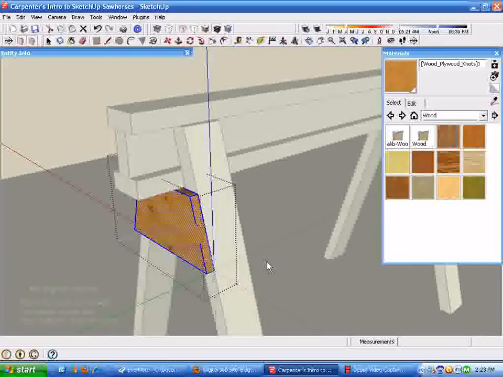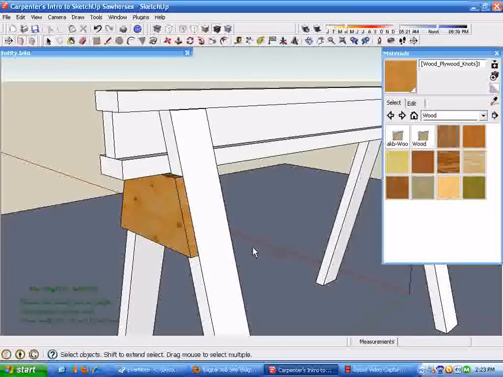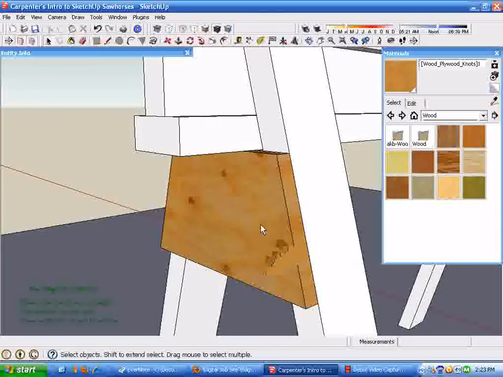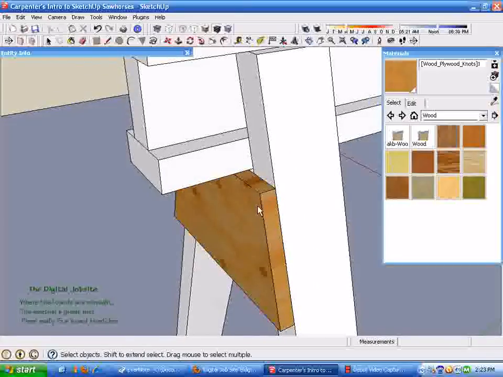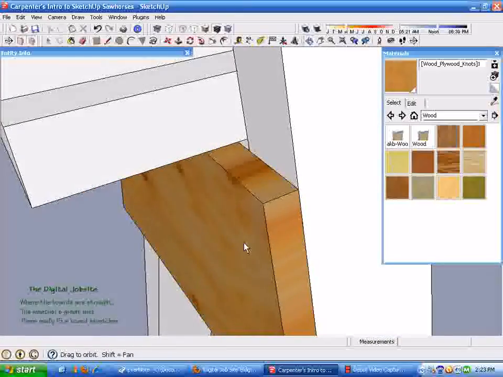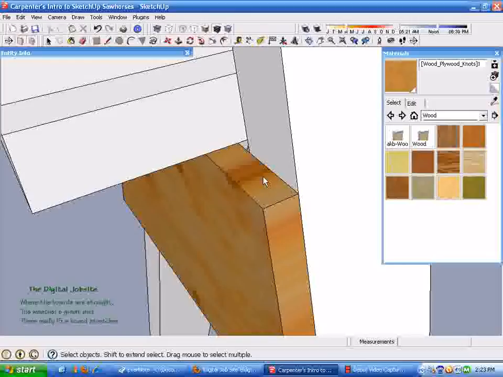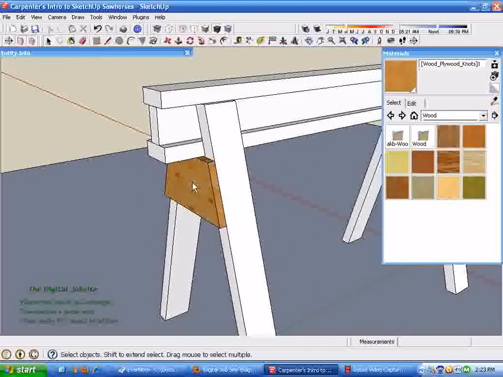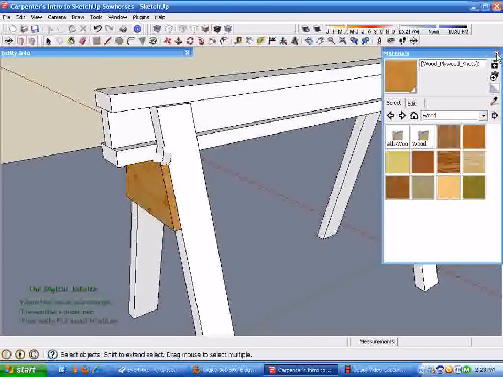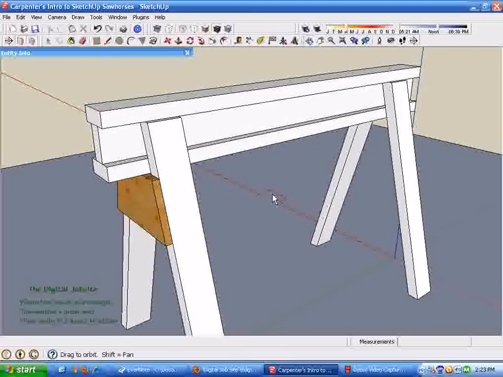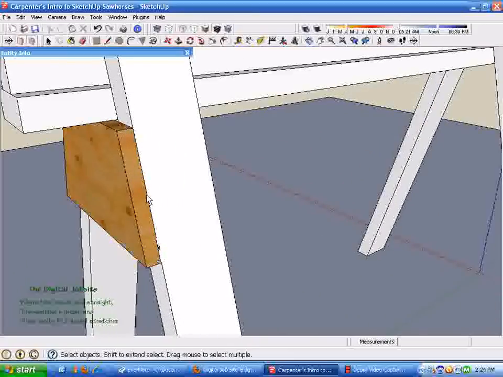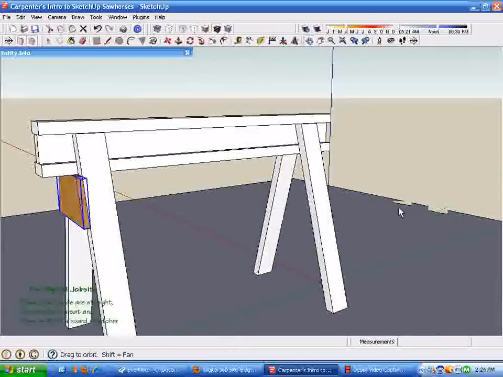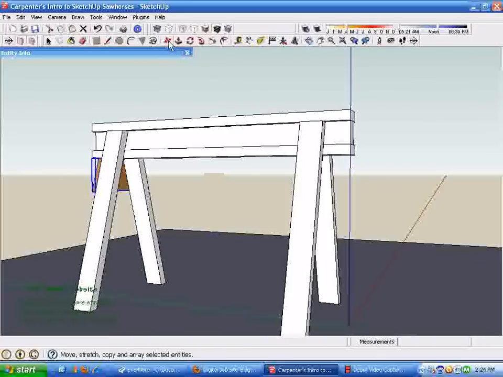It will act as if this is being projected on here through it. So you can see the edges are streaked like it's projecting that texture. This looks more like a real board than plywood, but you can see how it stretches this knot across those surfaces rather than just pasting a new knot on the edge. But that makes a fairly realistic looking plywood gusset in my mind. You can go to great lengths and put plywood texture on the edge if that's what you're trying to accomplish with your model, but we're just trying to make a gusset, so I'm going to grab that gusset, and then